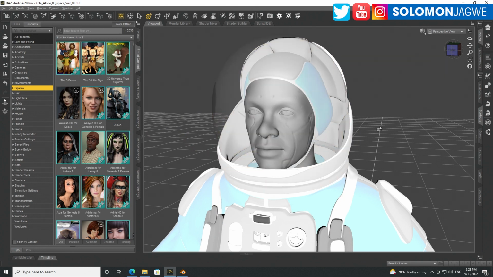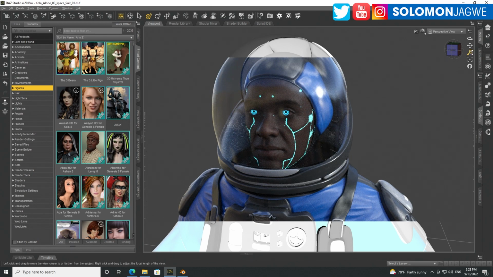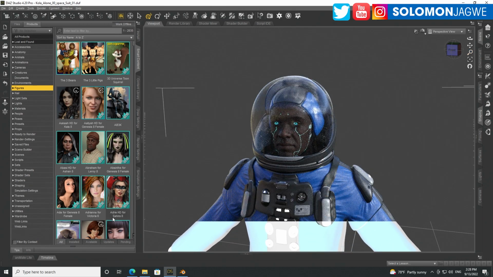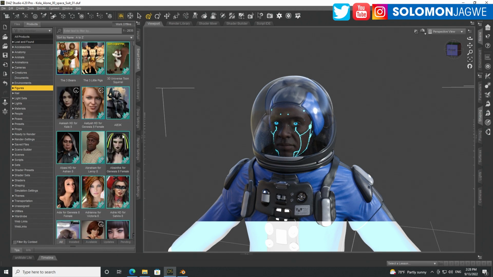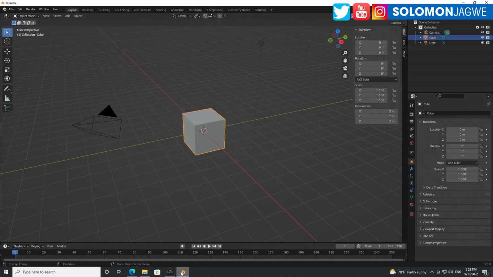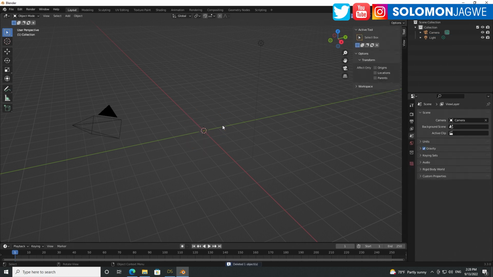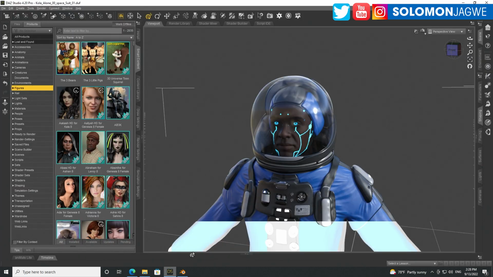Today as a case study, I'm going to be using this character called Collar in this space suit, astronaut suit. If I switch over to NVIDIA Iray real quick, we can take a look at how beautiful these models are. The idea is that using DAZ Studio, you could have all these beautiful models in your library, but you're just using them inside of DAZ. If you wanted to take them to Blender, create an environment around them, and render using Eevee or Cycles, you can do that using these bridges.